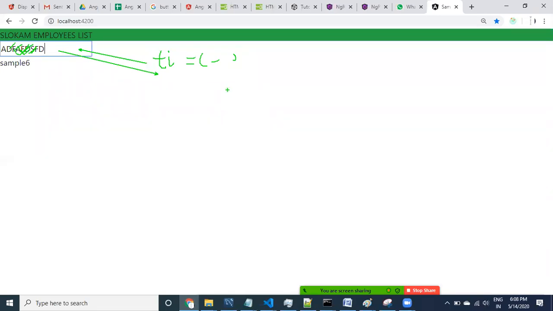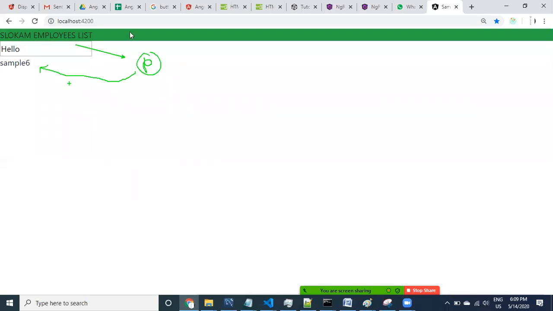So this is how it is going to happen. Whenever you see something like hello, whatever changes you are doing, these changes are not going to come to the property. If the property is changed, then this value is also going to change.